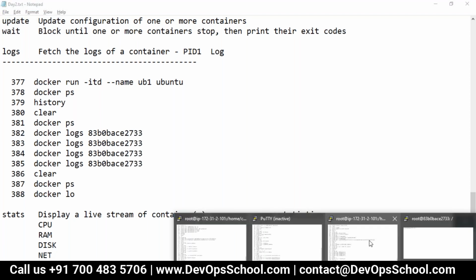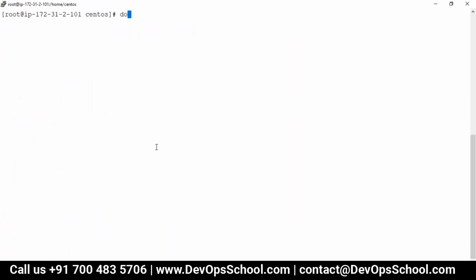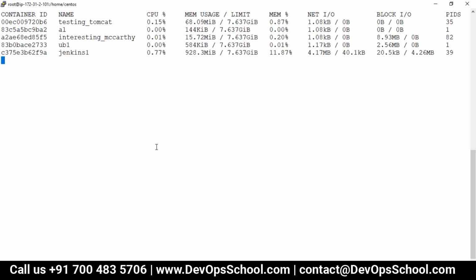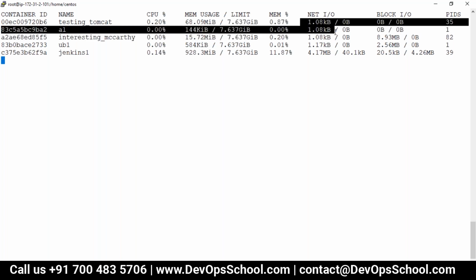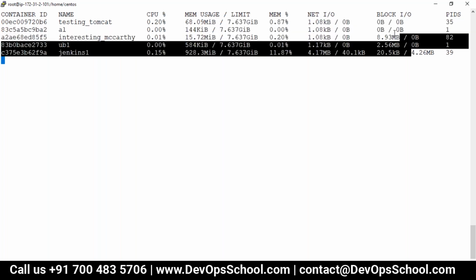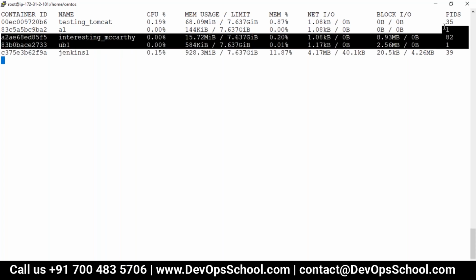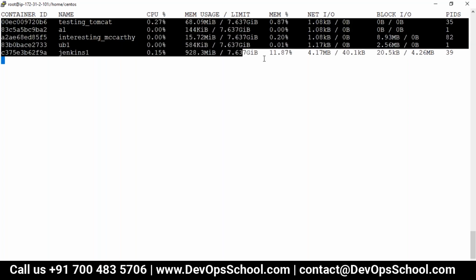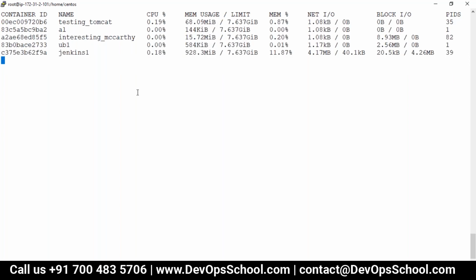So let's understand this. Clear the screen, docker stats, spelling mistake here, and you see these are the 5 containers I have with different names. Look at the percentage of CPU being utilized, memory utilized, the limit, network input output, block input output, and PIDs also. All these containers run on the host machine.